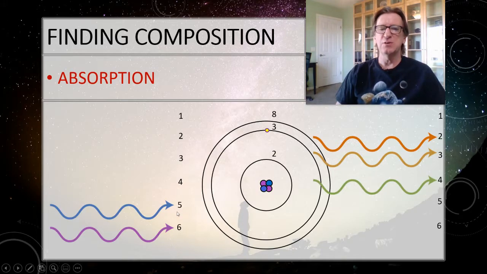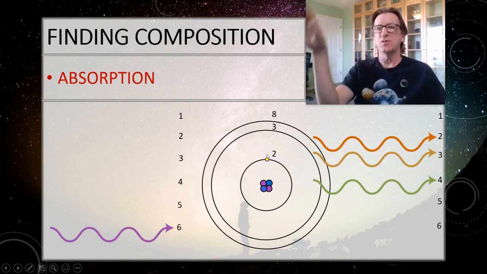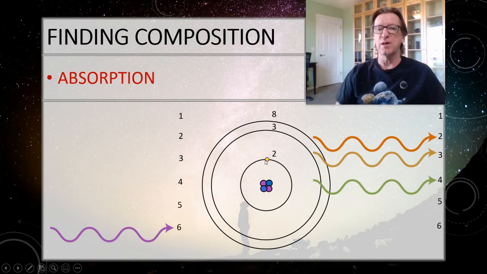Now, how about this energy 5? Is there a way that it can do it? Yeah, when the 5 comes in, the atom eats that photon and jumps up from 3 to 8. Tasty. And now that photon is gone. It's vanished from the universe. Now let's suppose that I've got a whole bunch of different atoms out here, but we're going to look at comparing from the ground state here, from the rest state. If I have this energy 6 photon, is there any way that it can be used? Right, so it can eat that and jump all the way up from 2 to 8, so it's gone.